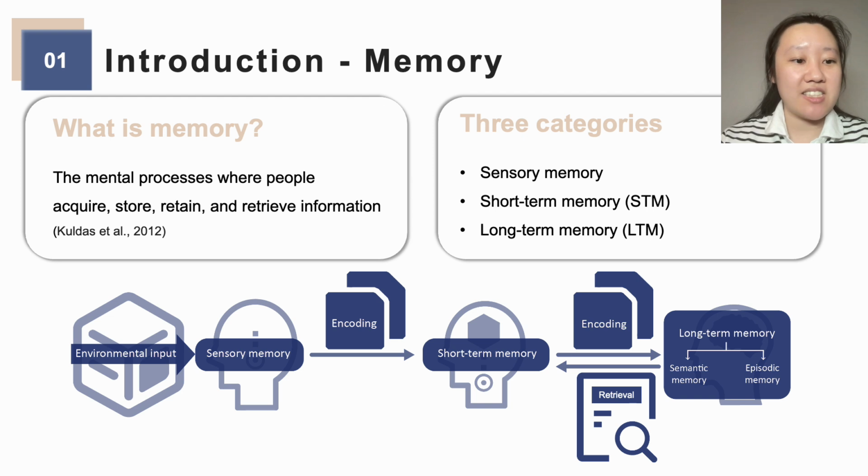If we pay attention to this sensory memory information, our brain can encode this information into short-term memory so that we can store this information for a few seconds. Then, if our brain thinks the short-term memory information is meaningful, it will be encoded into long-term memory so that we can remember it for a long time or even permanently. Later, if we want to use the information from long-term memory, we can directly retrieve it from the long-term memory. So it seems like long-term memory is important during the memory processes, and it's worth digging more.